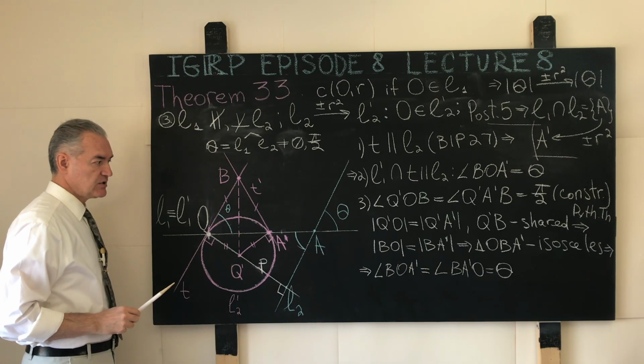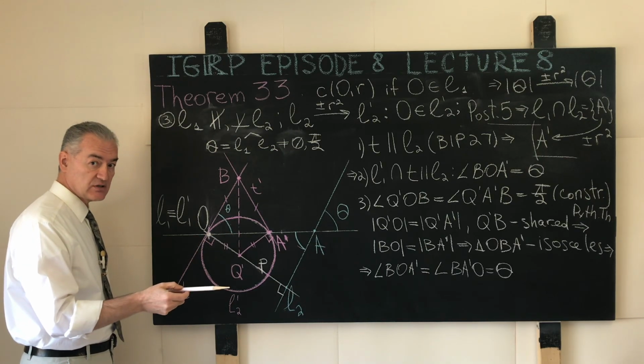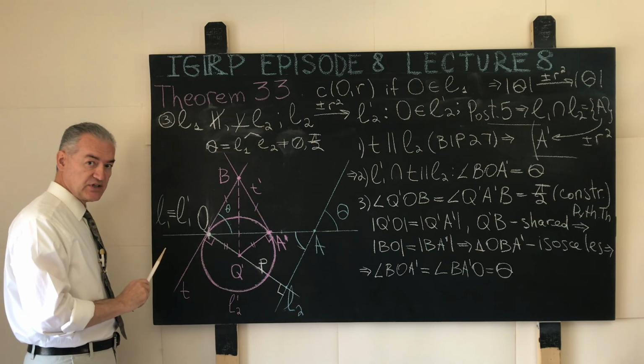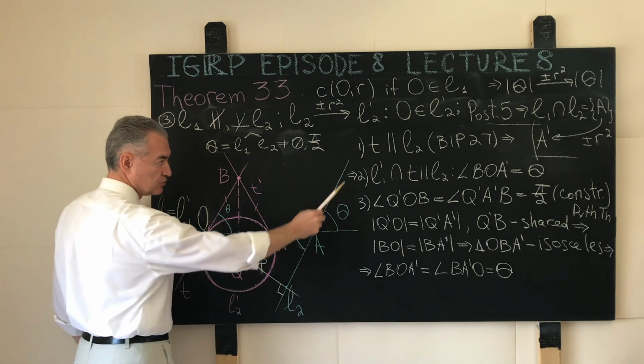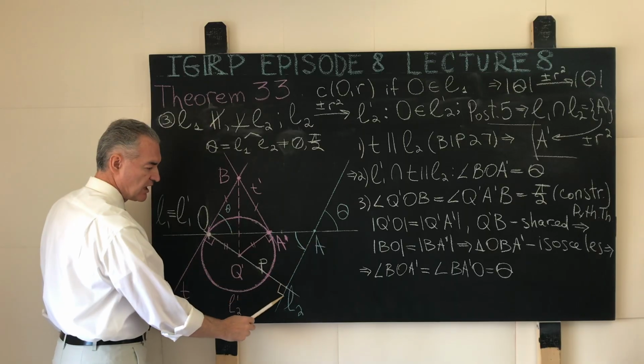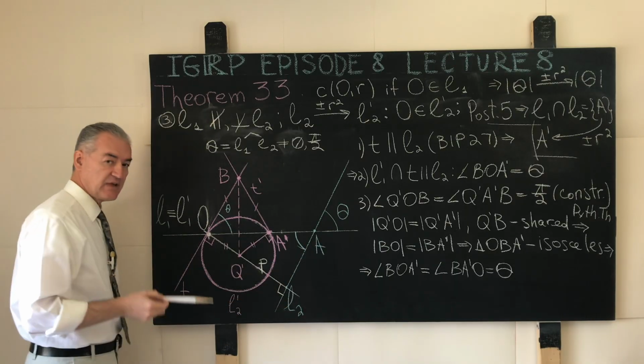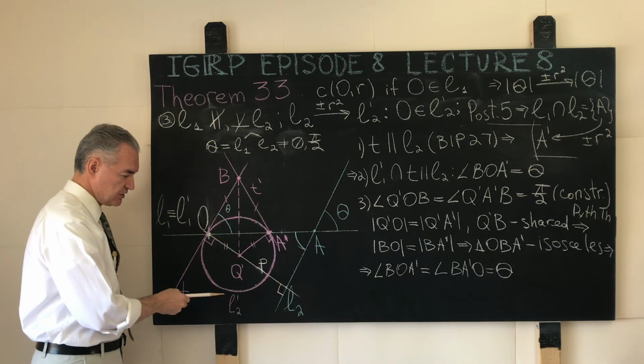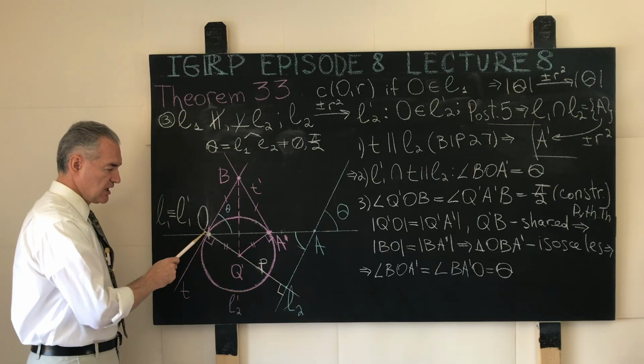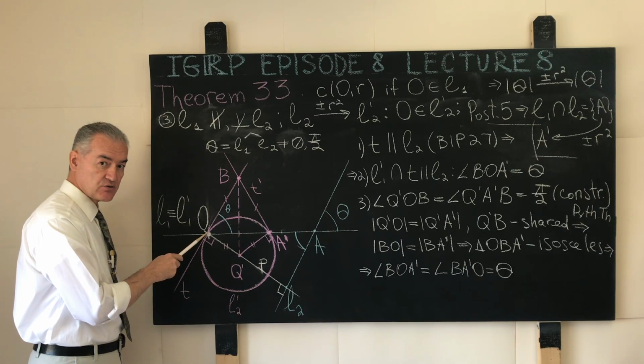And the image of the other straight line that does not pass through the center of inversion, the sample blue straight line L2, will be a circle shown over here in red, L prime 2,